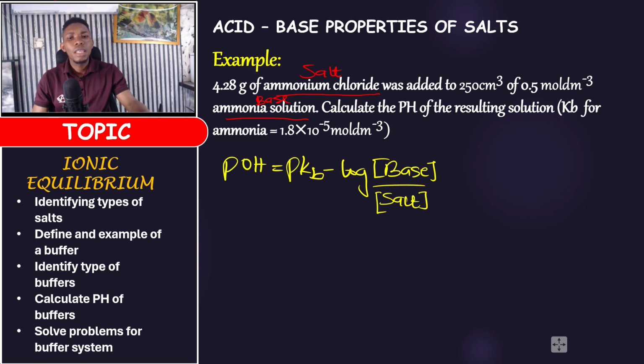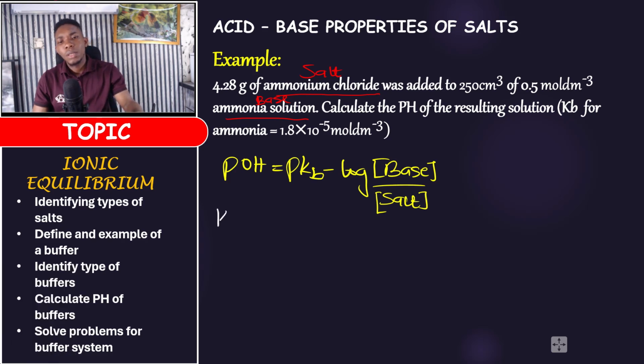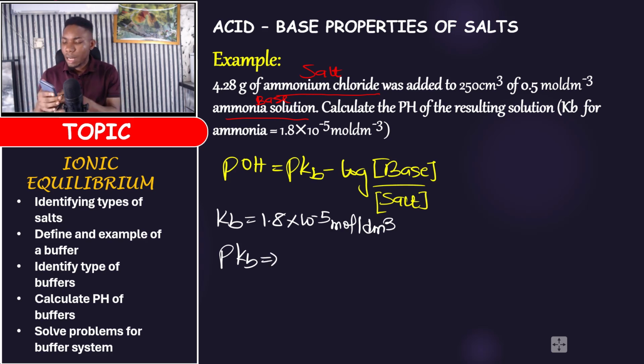Because you're already given the Kb, you can write out your parameter. Kb is 1.8 times 10 raised to the power of minus 5 mole per dm cube. What do you think pKb will be? It will still give us that 4.74,